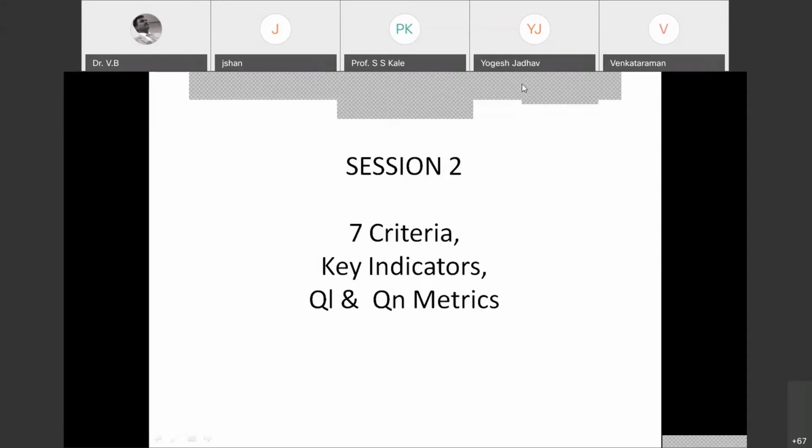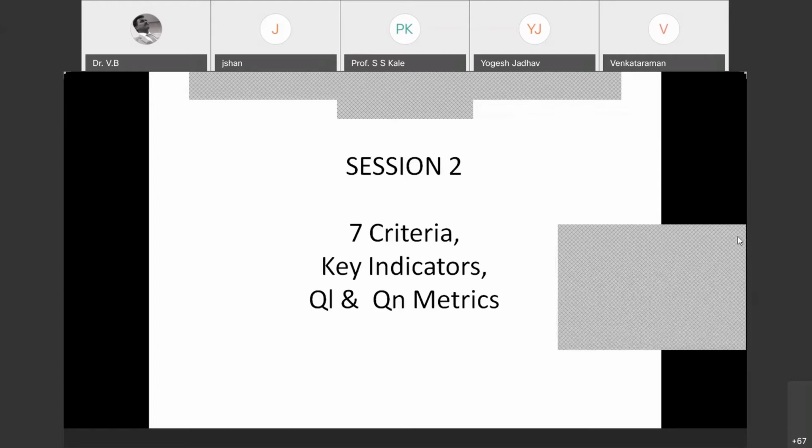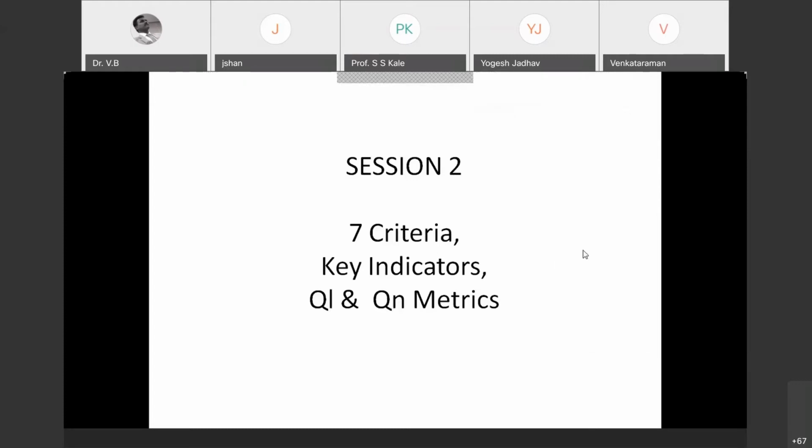So what are the 7 criteria? What are these key indicators? And what is this QlM and QnM, that is qualitative and quantitative metrics? So that we are going to study in detail in this session. So continuing,